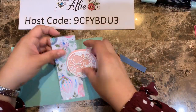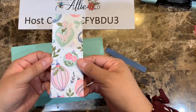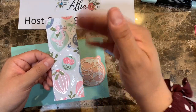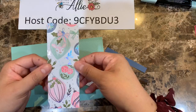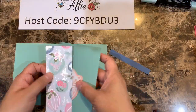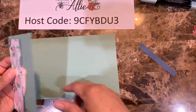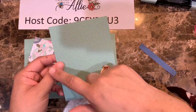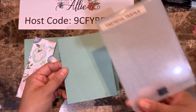Okay, so for this one, I love this paper. I feel like that one was beautiful. And I tried to cut it where I can see this one. Although, once you're cutting them and you're doing multiple, not every single card you make will have this one. But for this one, I wanted to make sure I had it because I love that one a lot. So same as with the other one, we had a mint macaron, 8.5 by 5.5. We have a piece of the same color that is 4 by 5 1/4, already pre-embossed with the Tasteful Textile